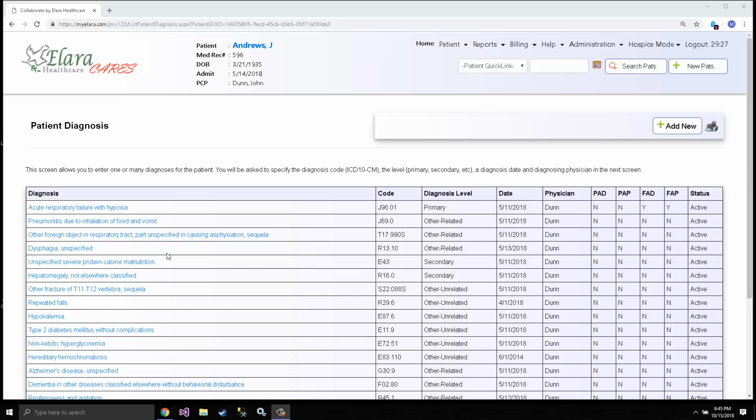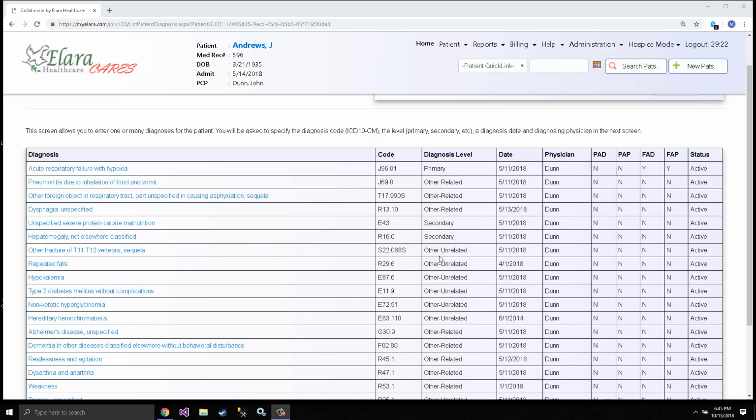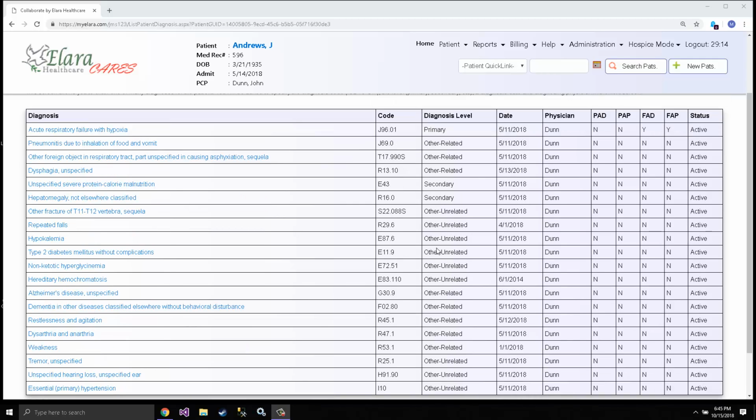You'll notice that we have the description and the code, as well as the different levels in our system. You can obviously relate them or unrelate them to a primary diagnosis. We have secondary. Any number of comorbids can be entered, and as you can see here, there's quite a lot